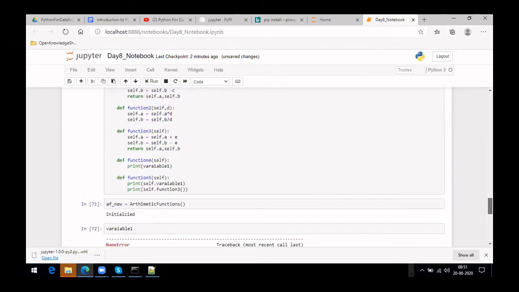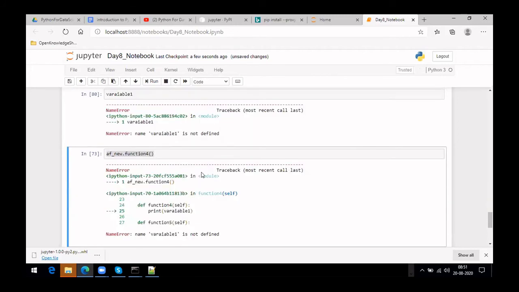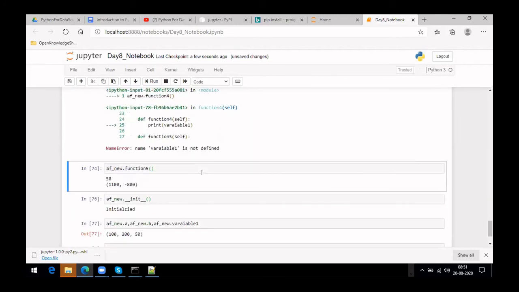So let me create a function here, maybe within this function itself. What I'll be doing is changing the value here. So I'm running it. Initially this will be false because it's not defined.